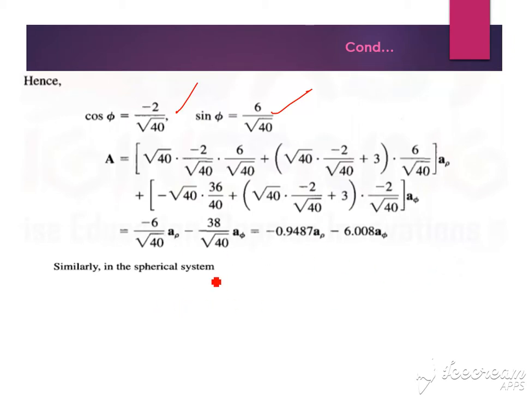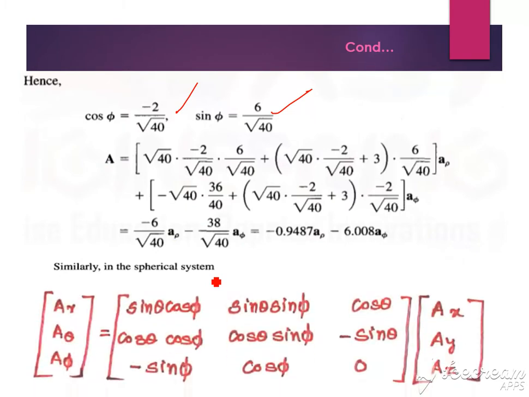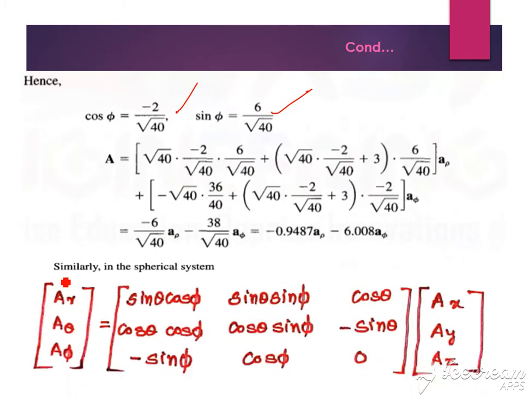Similarly, we need to convert that vector into the spherical coordinate system. For spherical we have the formula. So like cylindrical, with respect to spherical also we remember the formula for ax, ay and az. From that we can simply rearrange the expression, then we get the formula for ar, a theta and a phi. This is the formula. Already I explained in the previous lectures how to remember this formula. If anyone forgot that point, please refer to the previous lectures.